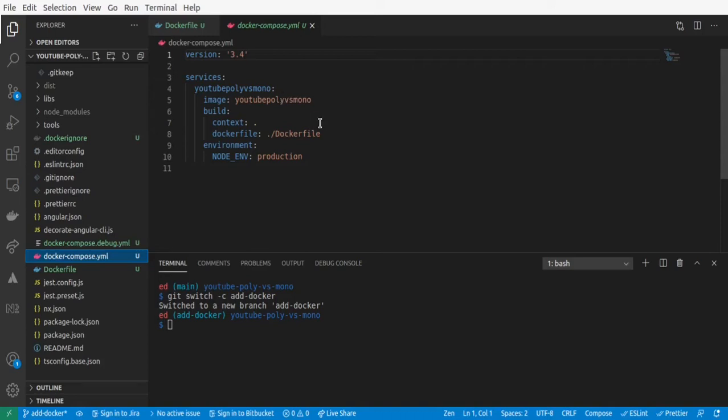So maybe what we can do is add something for the port. This is the port that is going to be used by NestJs,